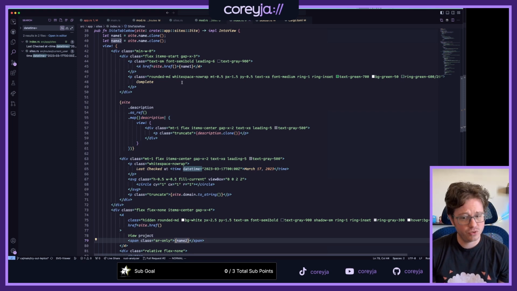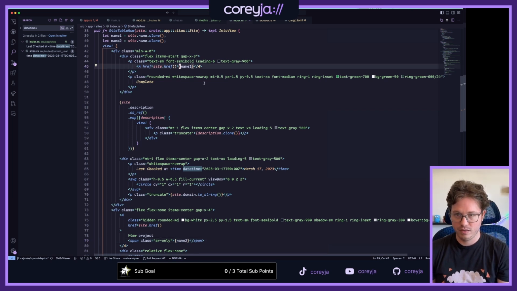So to refer to name twice, I have to create two names before I start my component, which is weird. I can't figure out a different way to do it.